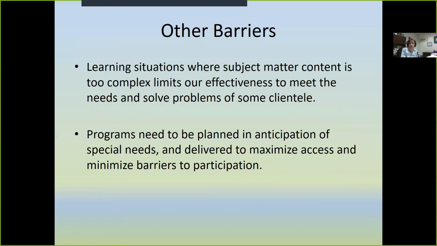So learning situations where the subject matter is really too complex, we need to think about that a little bit. Think about learning styles and how we go about that. Yeah, okay, we offer day camps that are targeted for limited resource audiences. You go into their communities, and then I love the idea to arrange for the feeding of those young people through